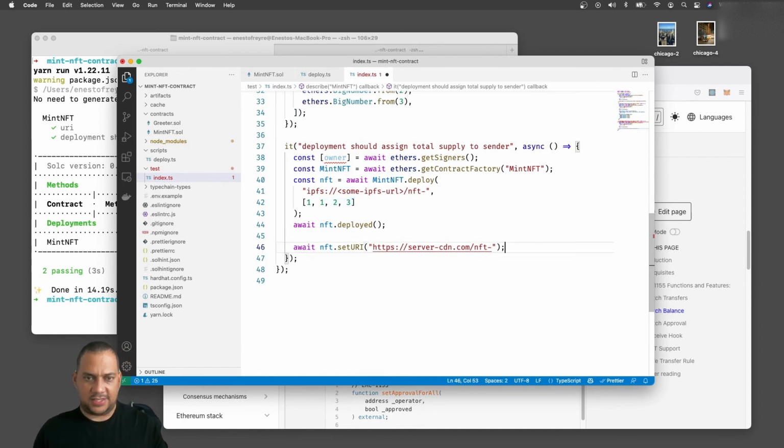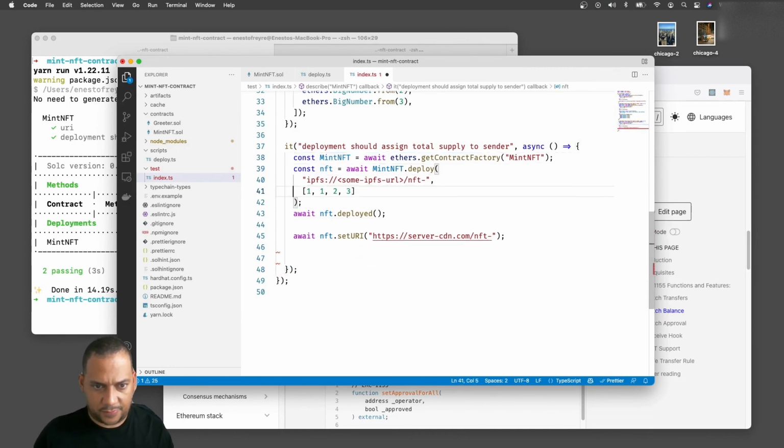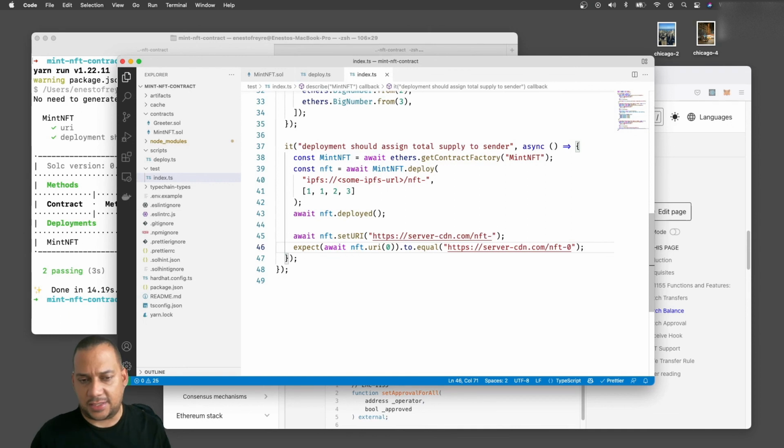So we will await this transaction. Actually, we don't need the owner for this. So we will send this transaction, and then we will await that the NFT URI of pseudo will be the new URL. So this is the test that we want to run. That will guarantee that our set URI function is working.